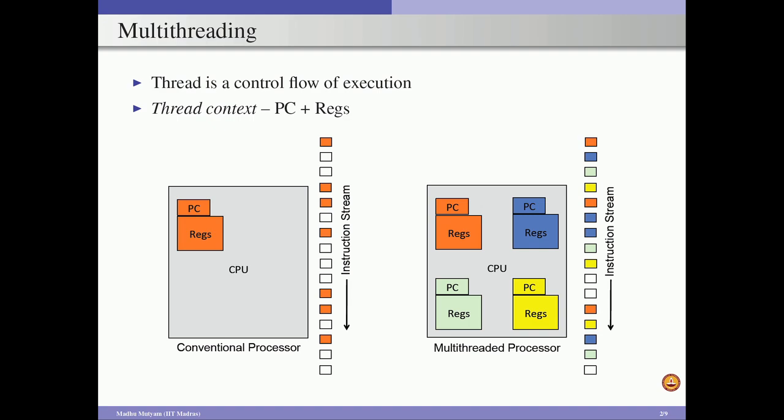That means when one thread is blocked for a long latency, or even when there is an L1 cache miss which takes 2 to 3 cycles, dependent instructions cannot be issued to the functional unit. We can mask these cache misses and miss penalties by scheduling instructions from different threads. By exploiting thread level parallelization, we can make use of all the functional units efficiently, and we can improve the overall performance.